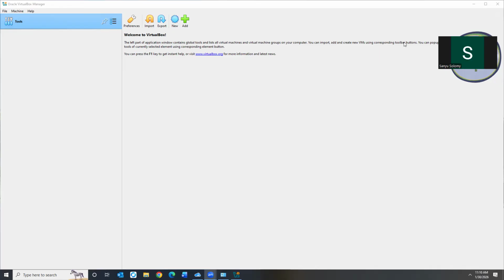For purposes of this class, we shall be using VirtualBox. I had requested that each one of us downloads VirtualBox and the Microsoft Server 2025 Standard Evaluation Edition.